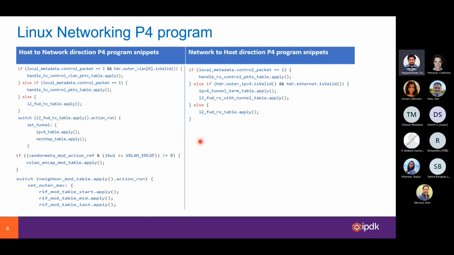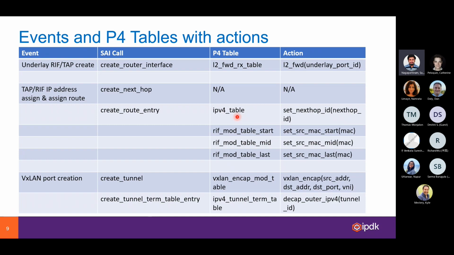Similarly, if there is any packet coming from your wire to your house, it can be a regular packet or a tunnel packet, based on what type of packet, again a control packet or a data packet. It will hit these tables and the packet will be sent up to your underlay port or your overlay port. So this is the SAI integration that we have done to our P4 OVS, where these are the